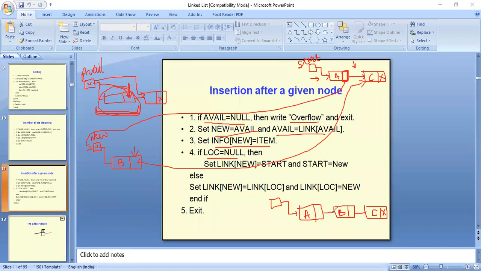All right, so this has been attached after the first node. So we have to update the link part of the first node and the link part of the new node, so that the new node will point to the next node here, and the first node will point to the new node here. So this is how we can insert a new node after a given node. So students, if any doubt is there in insertion at the beginning or insertion after a given node, just let me know.